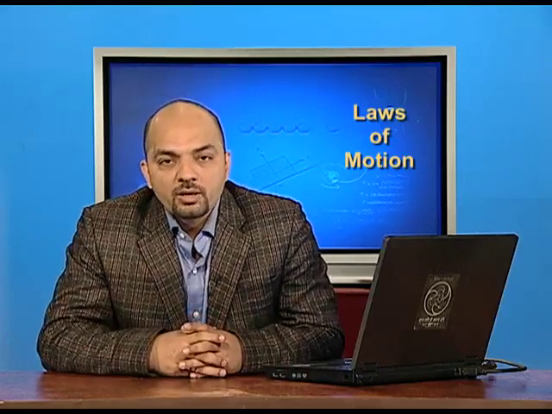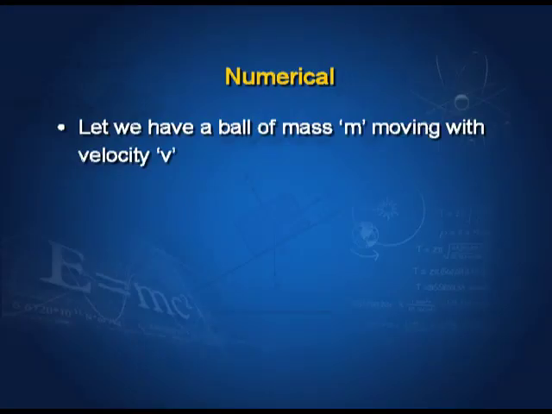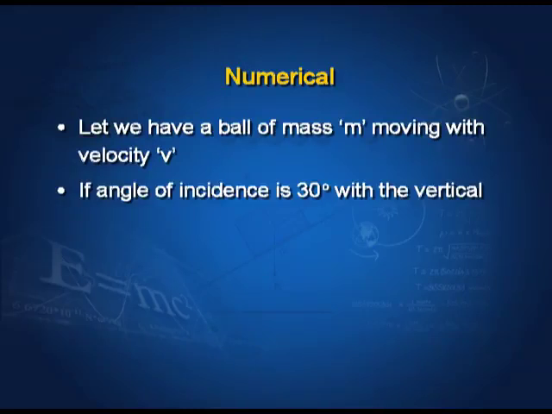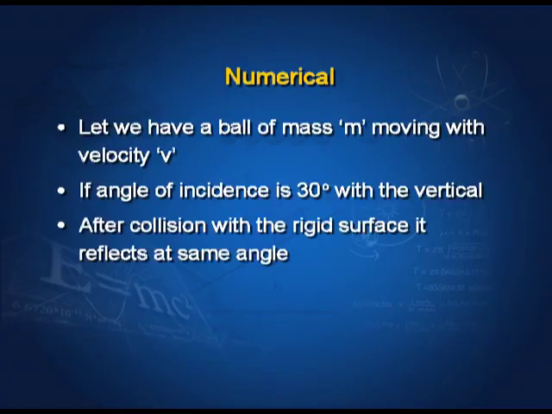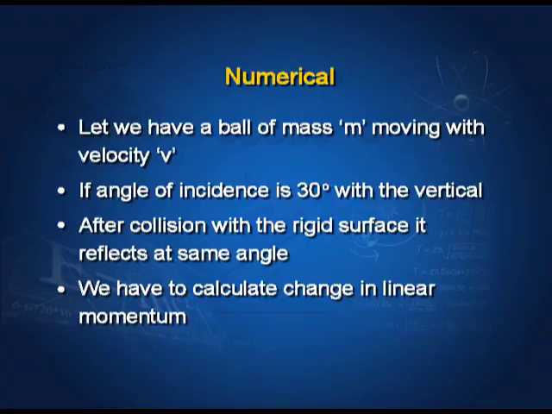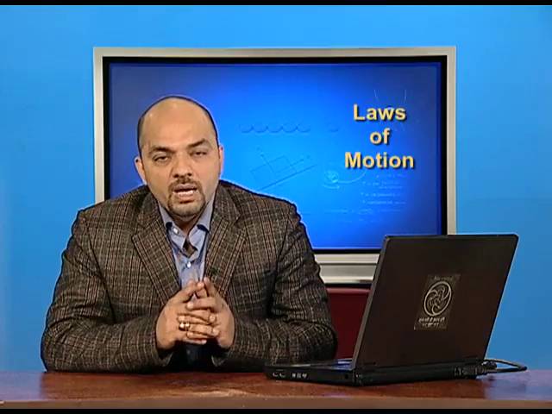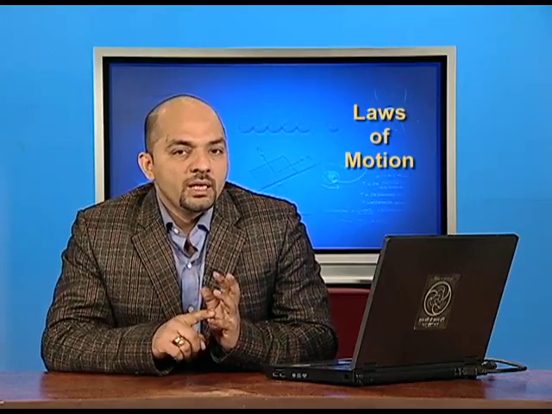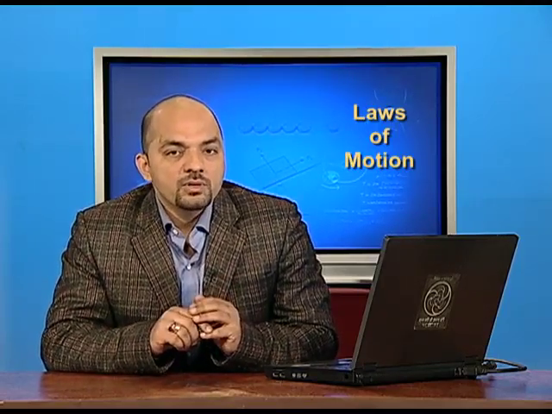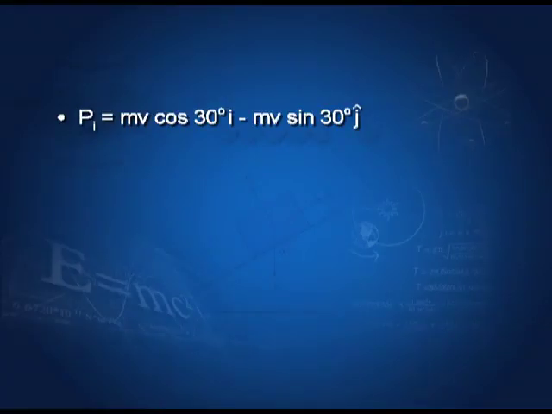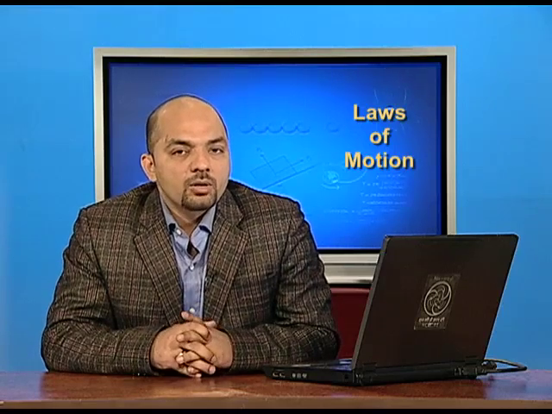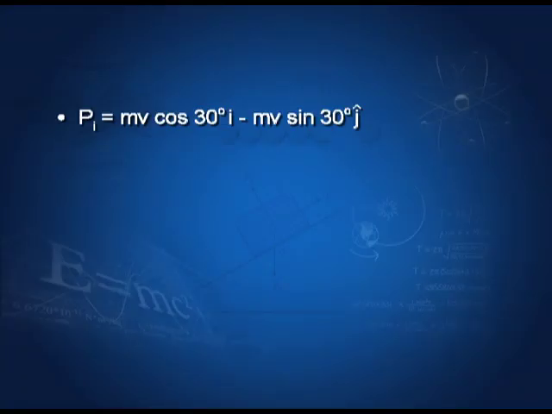Let us do a numerical based on the concept. Let us have a ball of mass m moving with velocity v. If the angle of incidence is 30 degree with the wall, after collision with the rigid surface, it reflects at the same angle. We have to calculate change in linear momentum. Let us say mass of the body is m, velocity is v. As angle of incidence is 30 degree, on resolving linear momentum into its rectangular components, we get